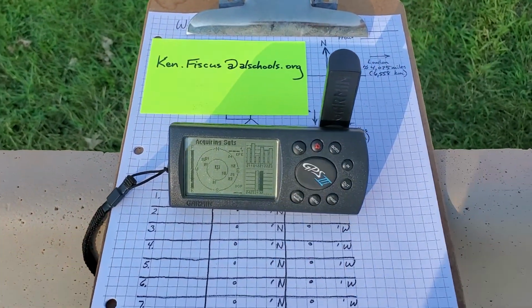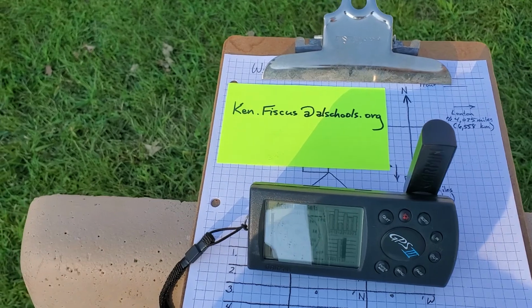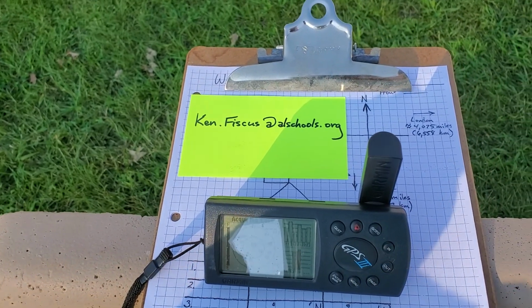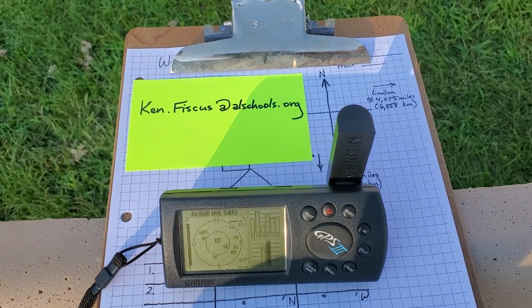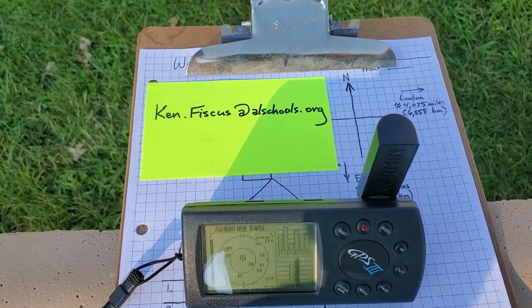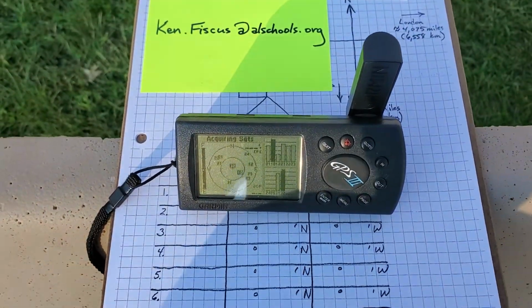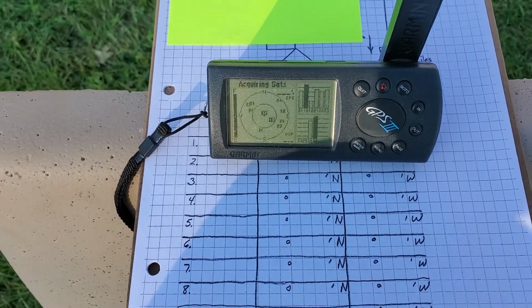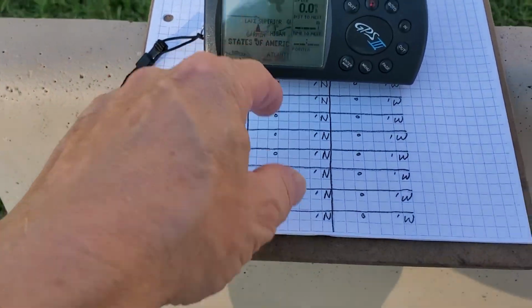Hello everybody, this is the Tuesday lesson. This is when we went on a walkabout around the building. Those of you that were gone on Tuesday, the 31st of August, you can print out this sheet that I'm pointing at, or make your own on a piece of notebook paper, and get credit for doing this after you watch this video. Okay, here's my really old school GPS,